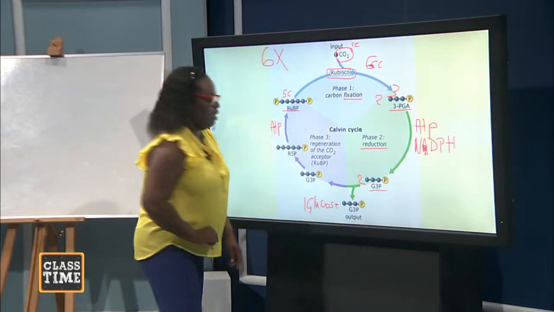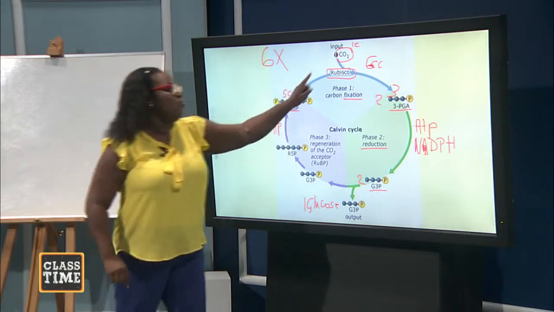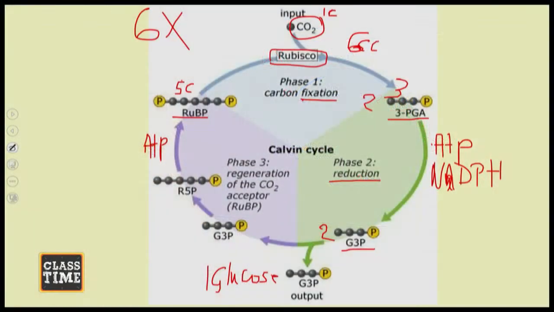Okay? For every 6 times. So just this one cycle that I have outlined to you would not be enough to make one glucose molecule. But because this is happening several million times inside that one chloroplast, they will definitely have enough